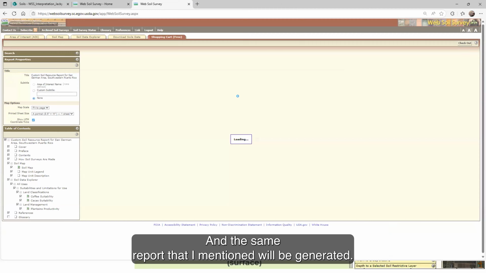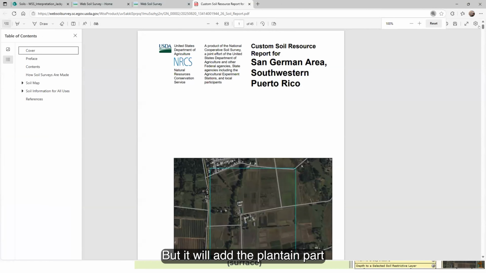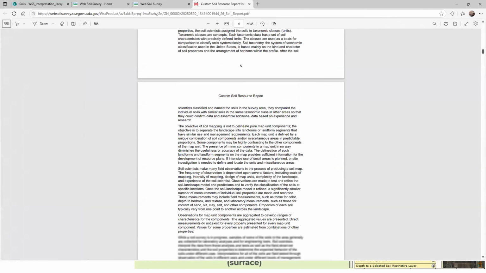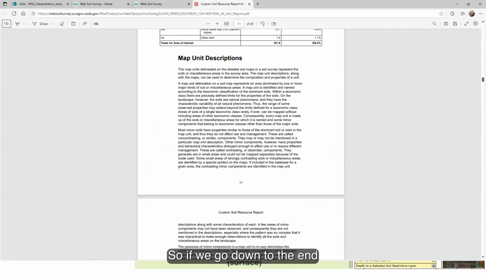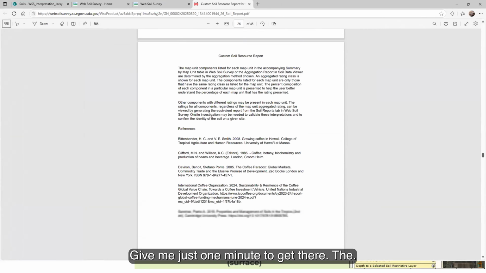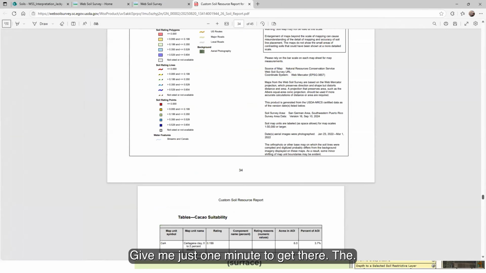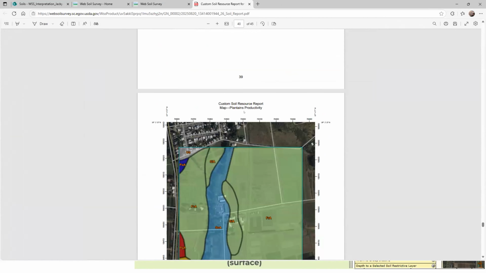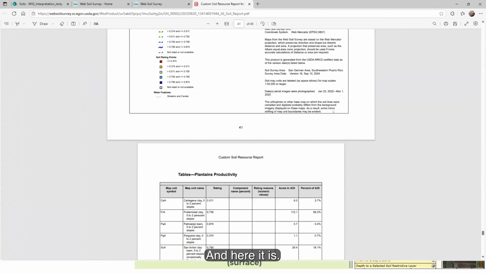And the same report that I mentioned will be generated, but it will add the plantain part. So if we go down to the end, let me scroll quickly. Give me just 1 minute to get there. The plantain productivity one should have been added, and here it is. This is the end of my demonstration, how to generate